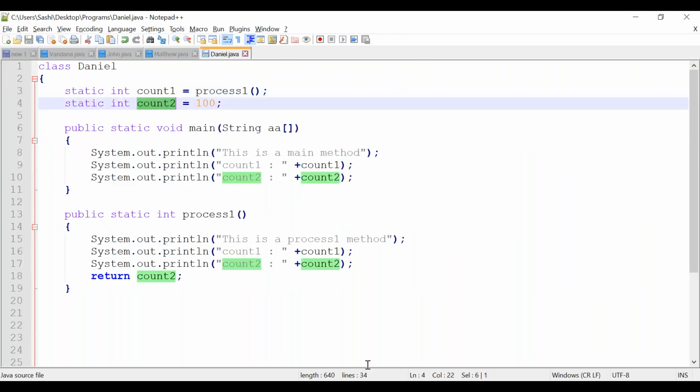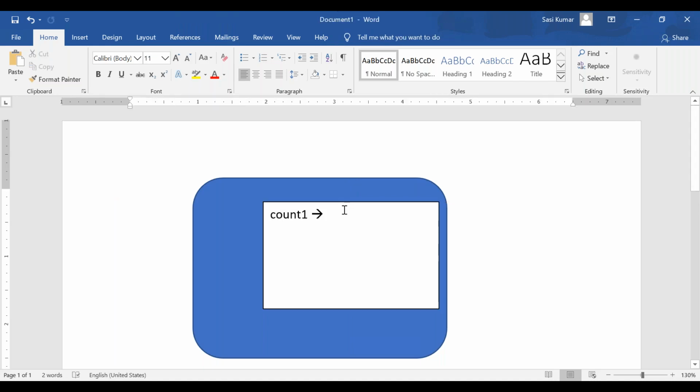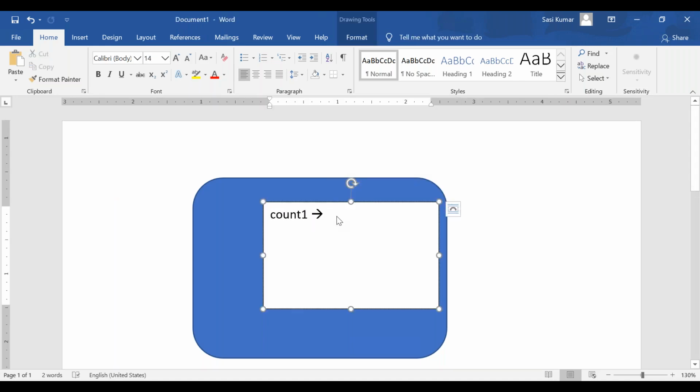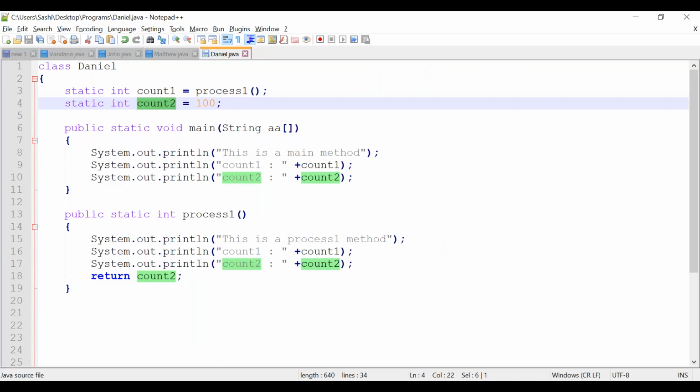Count1 and count2. Two variables are there. Both will be initialized with 0, right? Count1 will be 0, count2 also will be 0. That's all, default values are loaded.